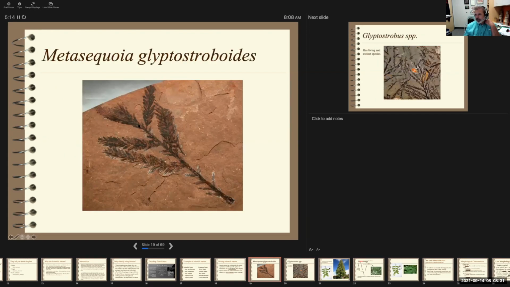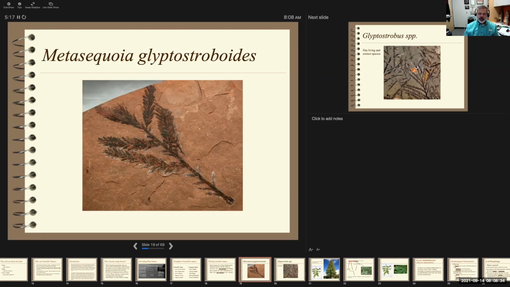Now, I told you that scientific names tell you a little bit about plants, but let's dive into that a little bit deeper. This plant, Metasequoia glyptostroboides, long scientific name. Now, let's talk about this plant and what that means. So this plant was actually only known in the fossil record till the early part of the 20th century. And when it was discovered as a fossil, it was given a scientific name, and the name it was given was Metasequoia